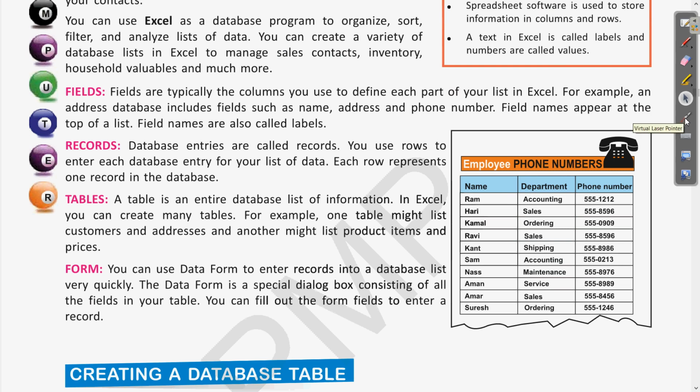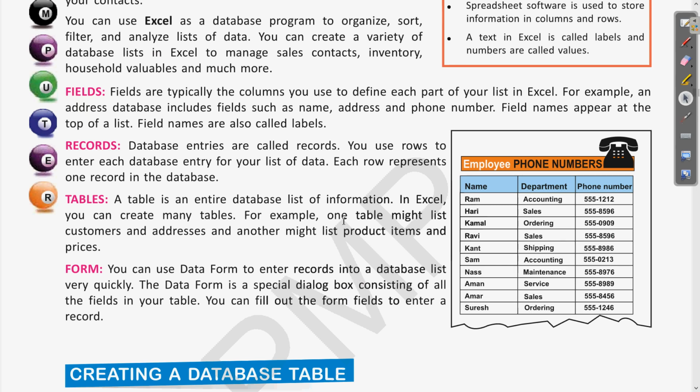Then we have seen what a form is. A form is a database list feature which is used for taking input from the user. Right now, we are saving the data directly in the Excel sheet, the spreadsheet. In the same way we can take the help of the form, by using which we can save the information, we can edit things, we can delete also. We will see in this class how to use that form also.